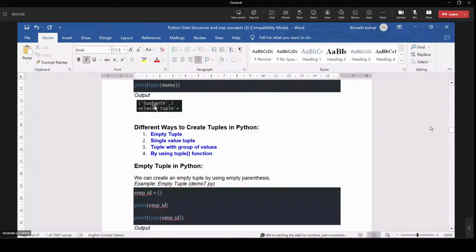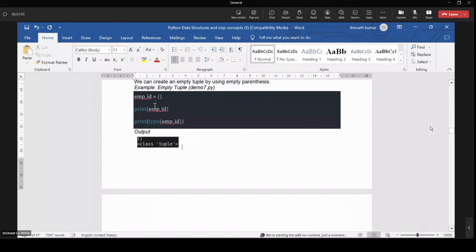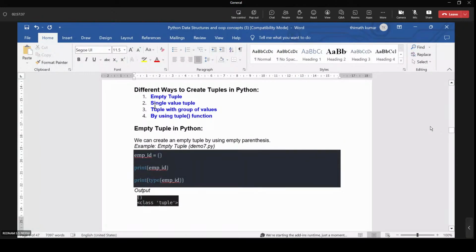And empty tuple, single value tuple, tuple with group of values, and by using the tuple function. So there are different types of notations. Empty tuple in Python is the tuple that does not contain any value, and that is represented as an empty tuple.